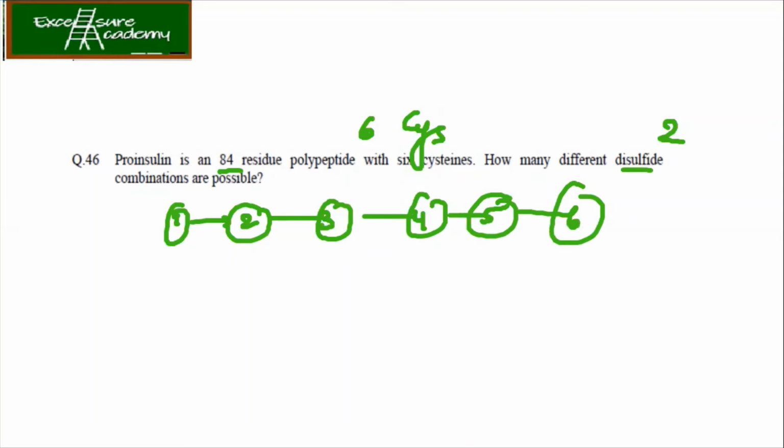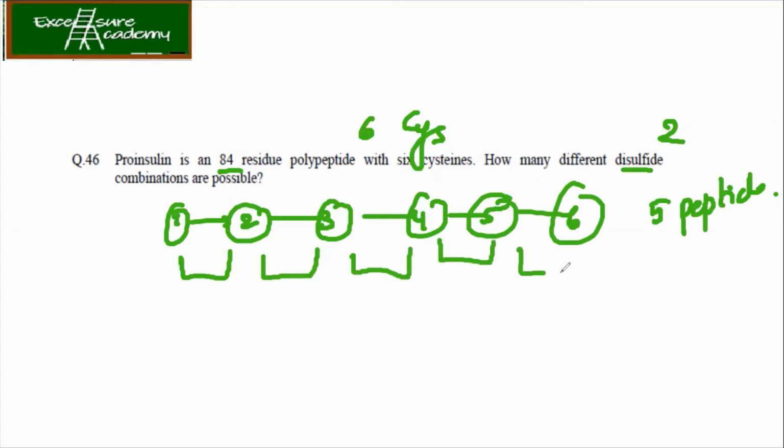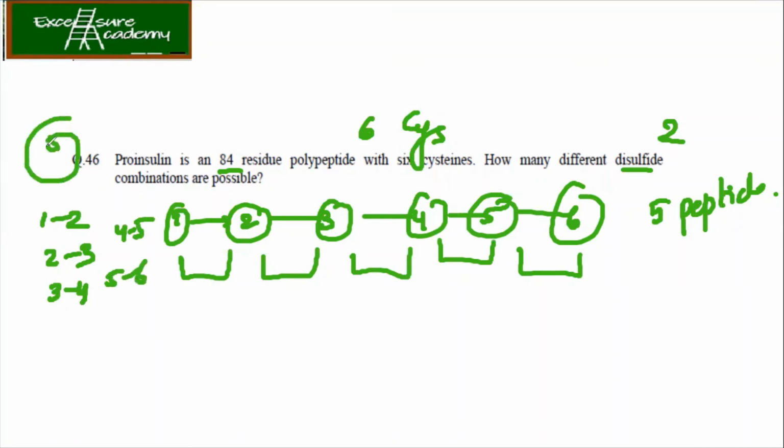Okay. Now, according to this question, 6 residues of cysteines are present in the proinsulin. So either there can be a combination like this where you have got the 5 bonds, right? Now, in this case, 5 disulfide bonds are possible, right? 1, 2, 3, 4, and 5. So these are the 5 possibilities. We can also write like this. So it is 1, 2, 2, 3, 3, 4, 4, 5, and 5, 6. Here it is 5, right?